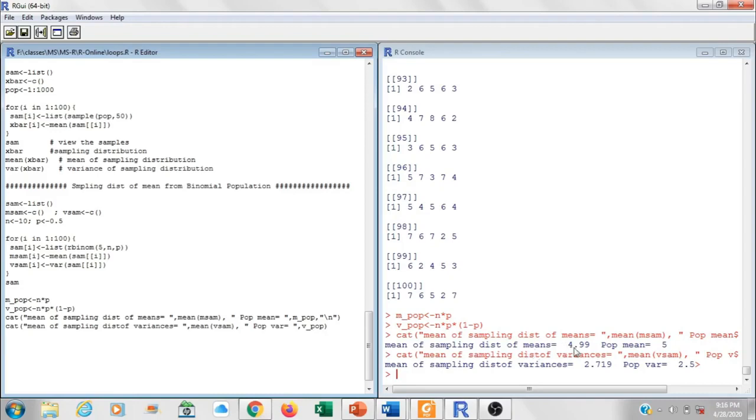This is the mean of the sampling distribution of sample means, 4.99, and the corresponding population mean, 5, which is quite closely matched. And secondly, this is the mean of the sampling distribution of variances, which is 2.7, and the corresponding population variance, which is 2.5, which again quite closely match.